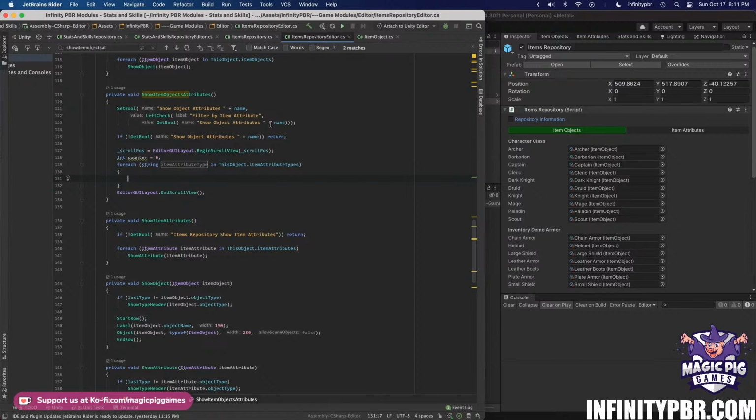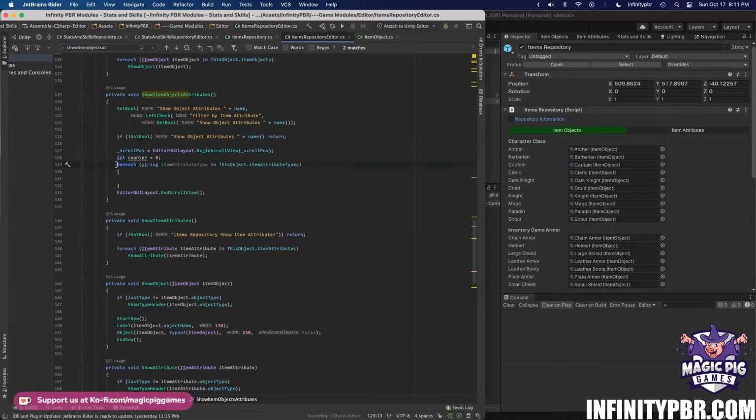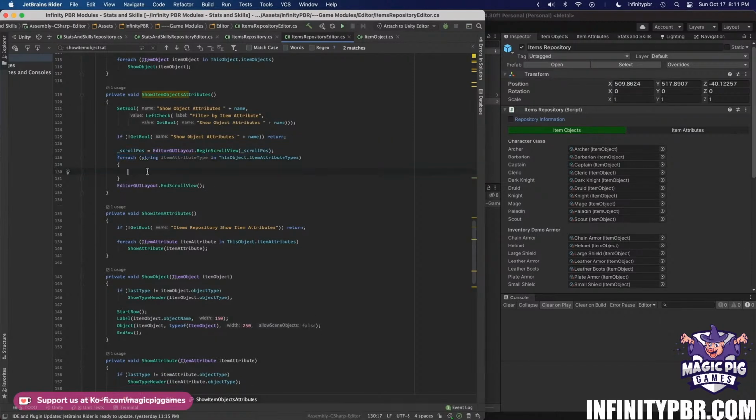Oh, this is gonna be no counter needed. Whoever suggested doing a scroll rect, yeah, it's gotta be a scroll rect. Whoops, wrong one. So for each type,